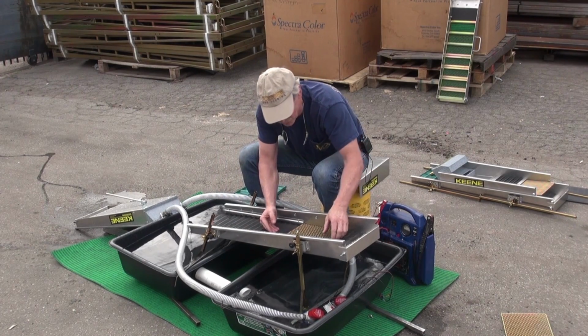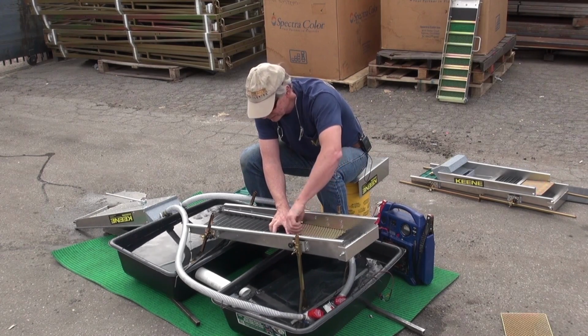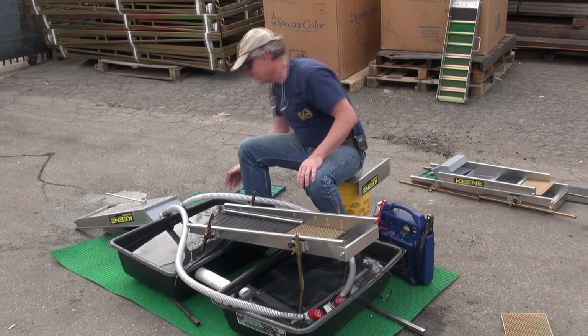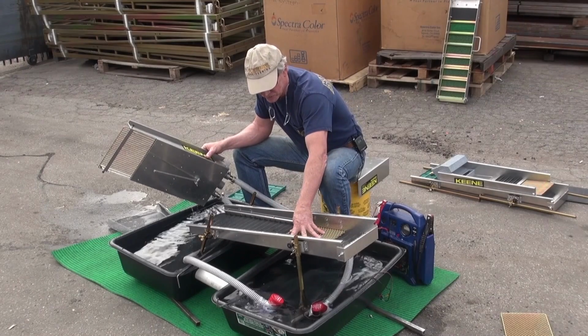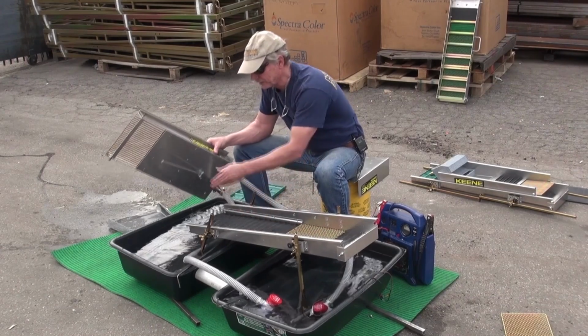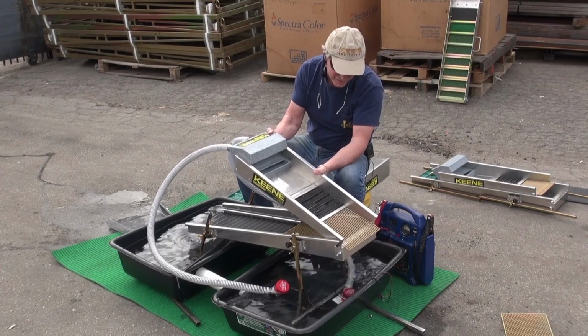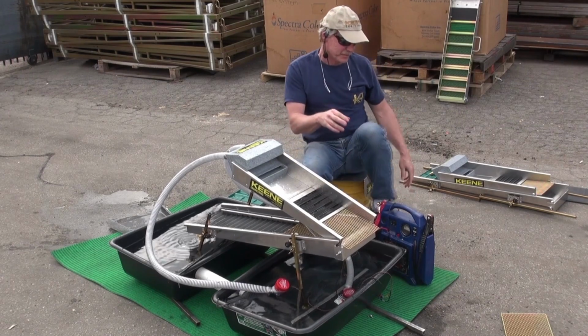It's a little tight in there, but you don't want it to be loose. If it's loose, then you have stuff sliding down the edges. Okay, so now you can see I have the miracle mat, the oversized expanded metal, and the miracle mat again. So now I'm going to go ahead and put this back together. I really love the way this thing goes together so easy. I know I keep saying that, but